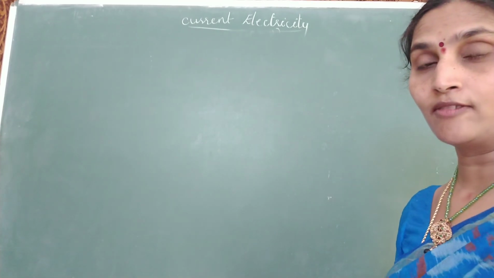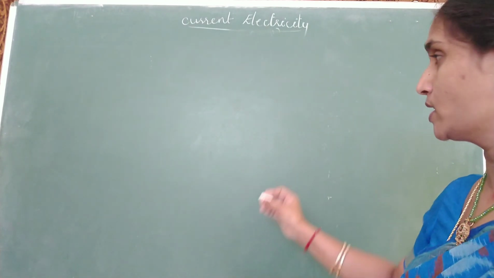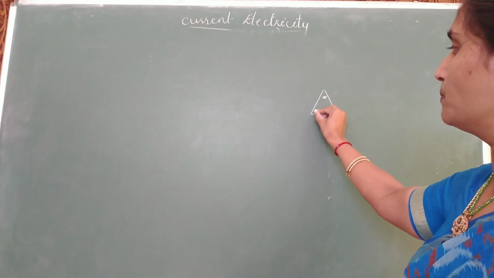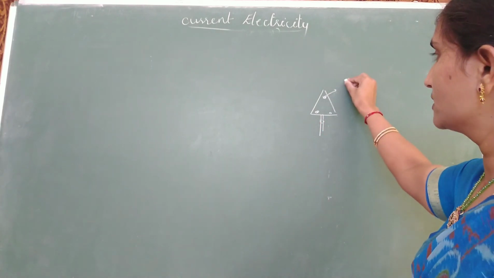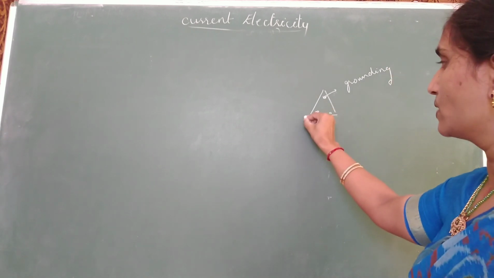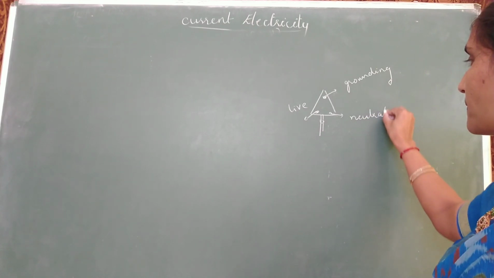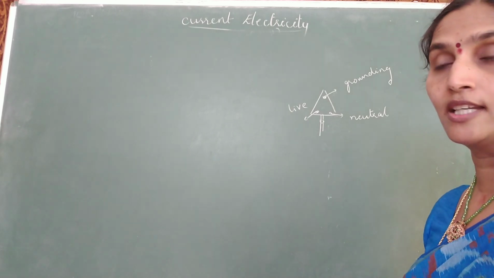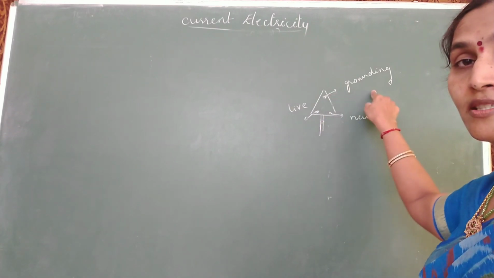Okay, now let us see why in heavy appliances which have a metal body we use a 3-pin plug. What are the 3 pins? Hope you know them. There are 3 pins for plugs. This one is called grounding or earthing. This one is live and the last one is neutral. Generally for heavy appliances such as iron boxes, washing machines, and grinders, we will have a 3-pin plug. The third pin is called grounding.